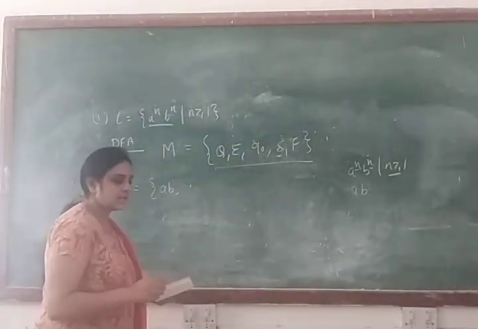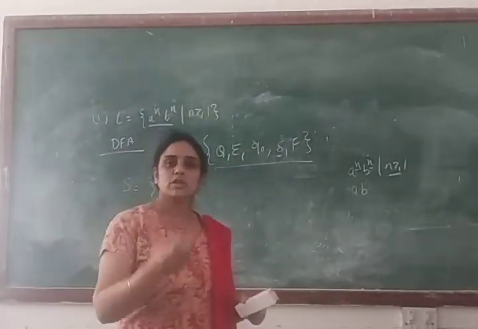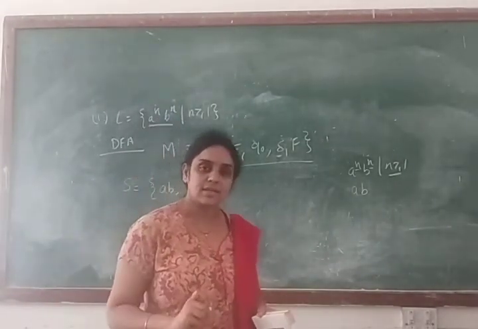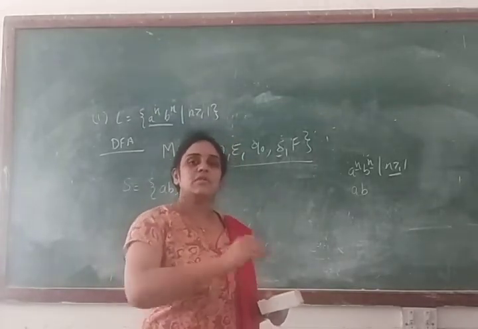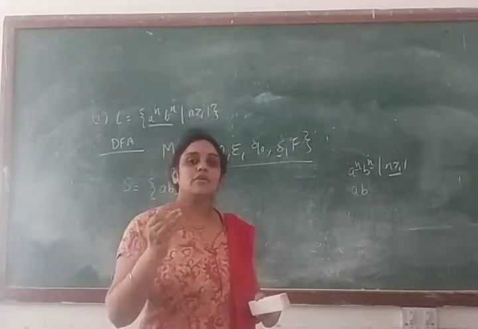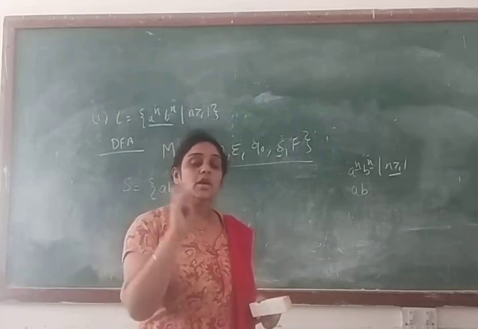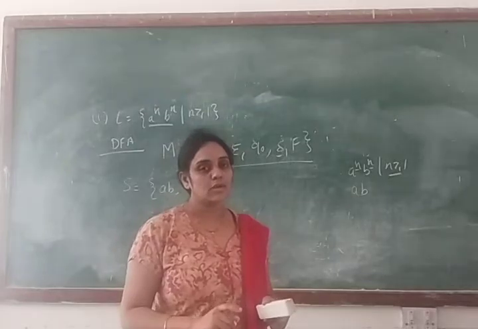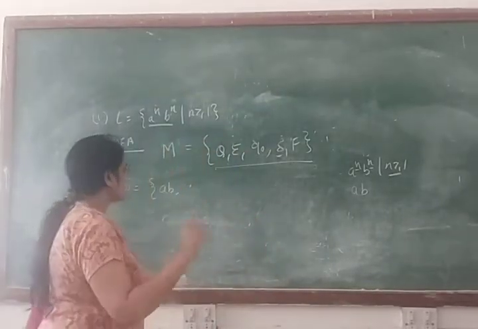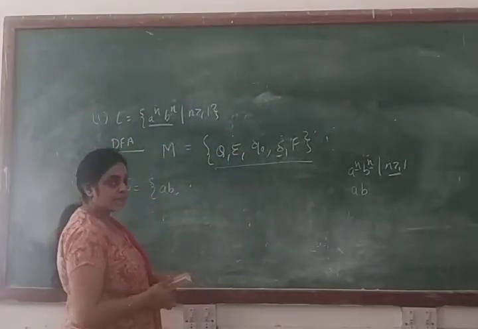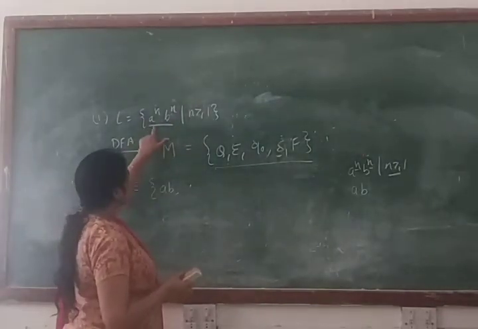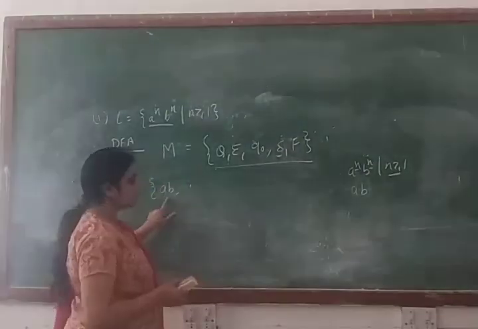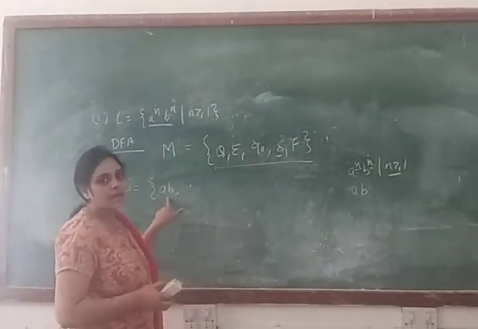So why we are basically talking about the smallest length string? Because first we will make machine for the smallest length string. After that machine we will convert into DFA for the infinite length language. So that's why your smallest length string is important. You have to make machine first for the smallest length string. So that's why please design carefully your smallest length string. In that case, when your language is a raised to power n, b raised to power n, where n greater than equal to 1, your smallest length string you will get is a, b.